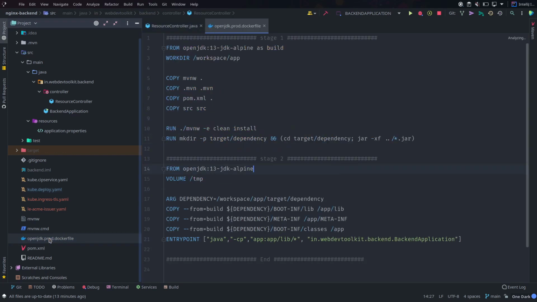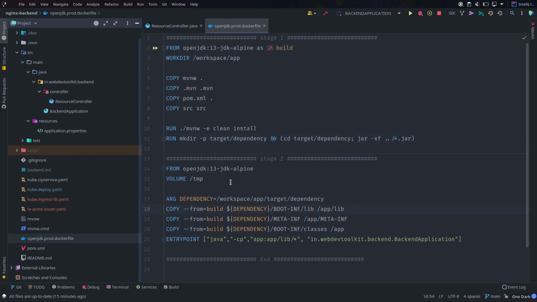Let's get started with our Docker file. This is a multi-stage Docker file. In the first stage, we will use OpenJDK 13 as our base image. Copy our Maven wrapper and Maven, after that pom.xml and the source folder. After that, perform clean install. Once Maven clean install is successful, we will have our jar file in this target directory. But this jar file has some files which are really not required to bootstrap our application. So we'll create one more directory called dependency and extract all the jar file contents in that directory, so we can just pick up whatever contents we require for creating the next image.